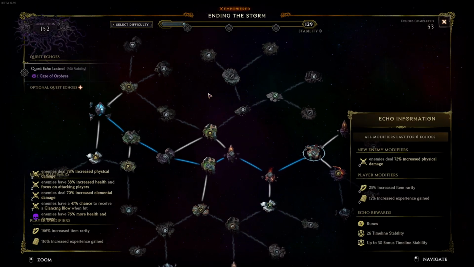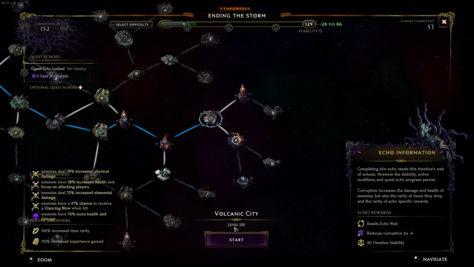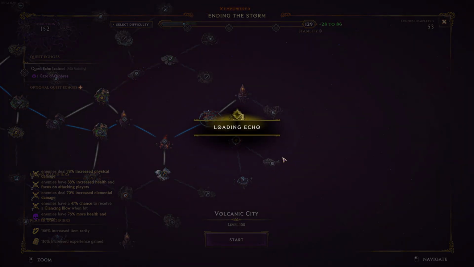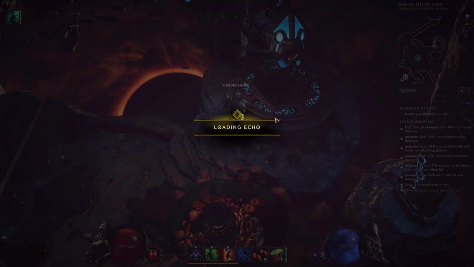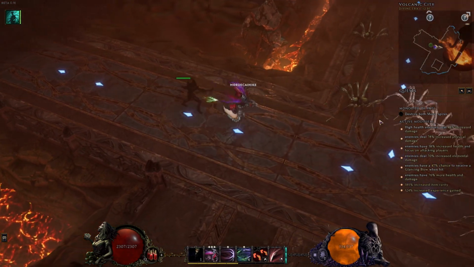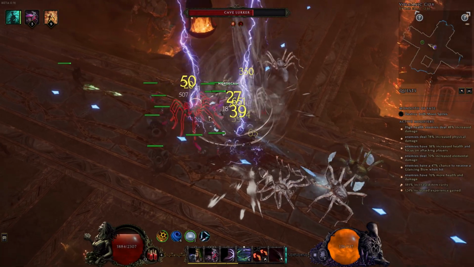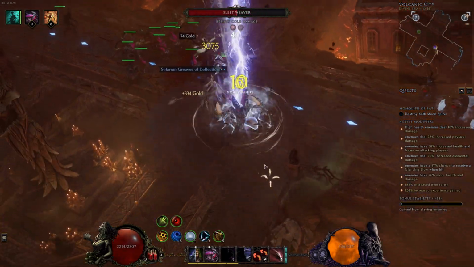I'm at Corruption 152 right now in this area, so nothing too crazy. But I haven't struggled with anything so far. So let's get into some gameplay, and I'll talk about what I'm trying to do here. Essentially you want to throw down your hives, start stacking bleed, and then honestly on trash mobs you don't